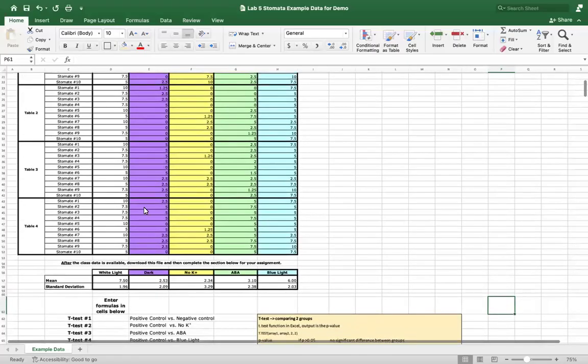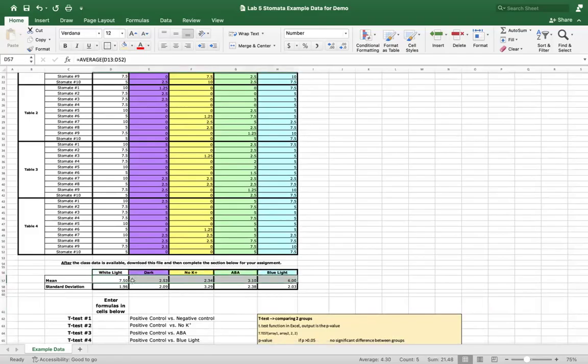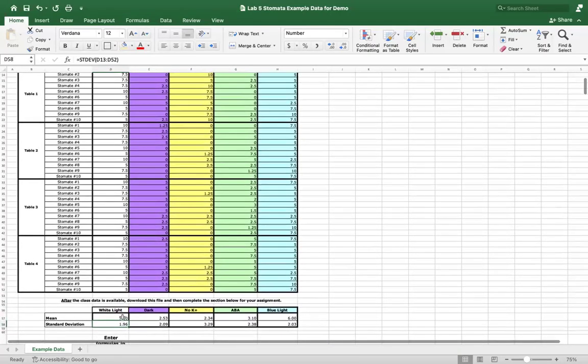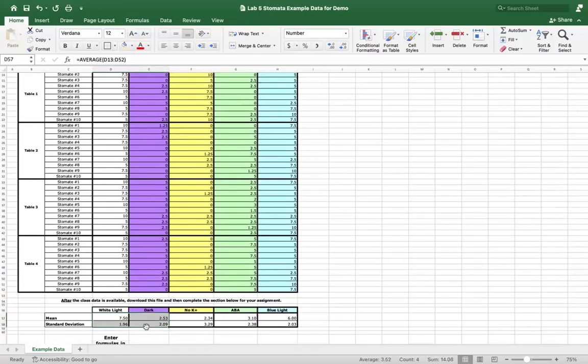Okay, so we have our means for each group, and then below that, the standard deviation. For white light, mean 7.5, standard deviation 1.96. Now we're going to compare that information to the mean of the dark group, right? We could just look at these two numbers. 7.5 is bigger than 2.3. So it seems like there is probably a difference there, but what we want to do is do a t-test